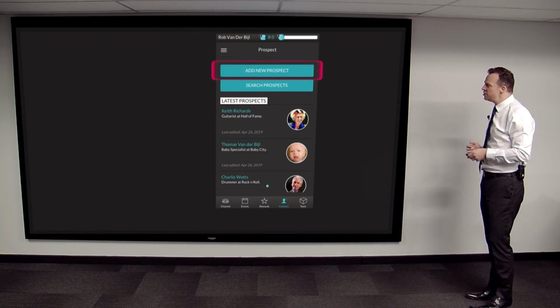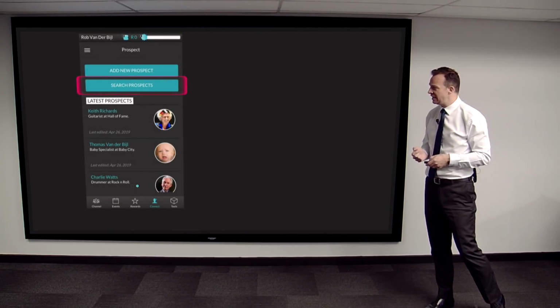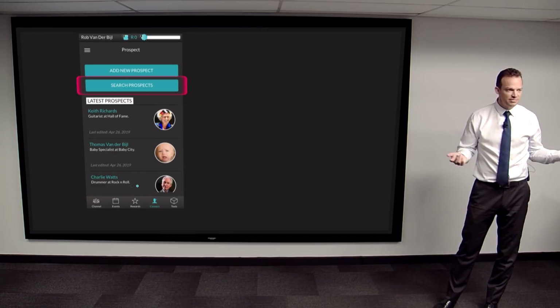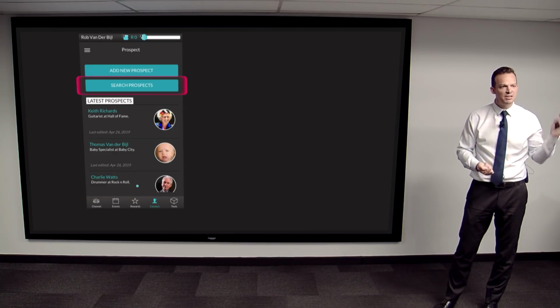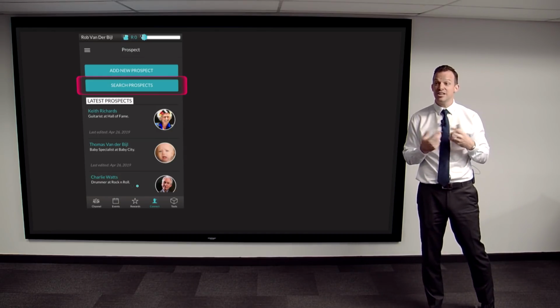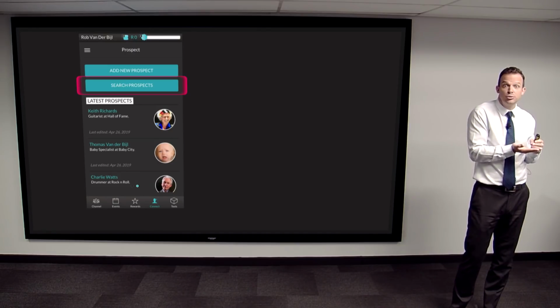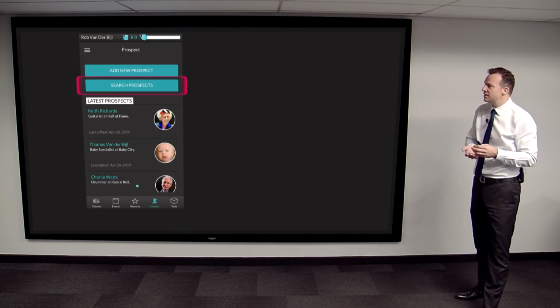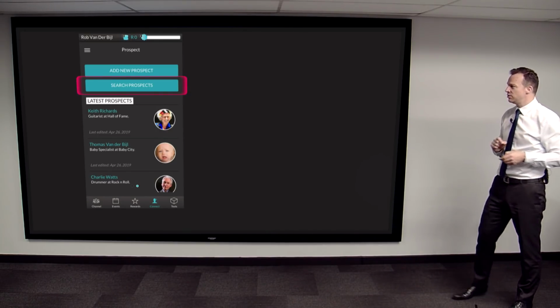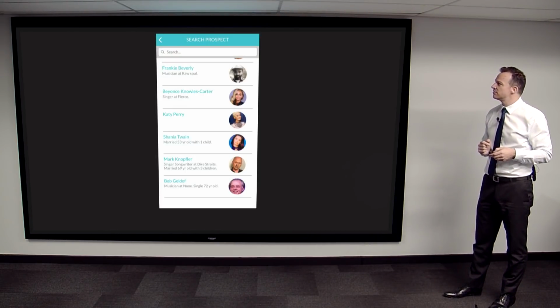So if you want to add a new prospect, you click on the Add New button, and then it just asks you typical contact information. So when you click Add, it's going to ask you for a name and surname, email address, cell phone number. You can add notes. You can add specific details about the person, like they go to my child's school, or I know them from cricket or soccer or this or that. It doesn't matter, right? Add notes about them because you need to separate all your prospects from each other using the needs filter that we have.